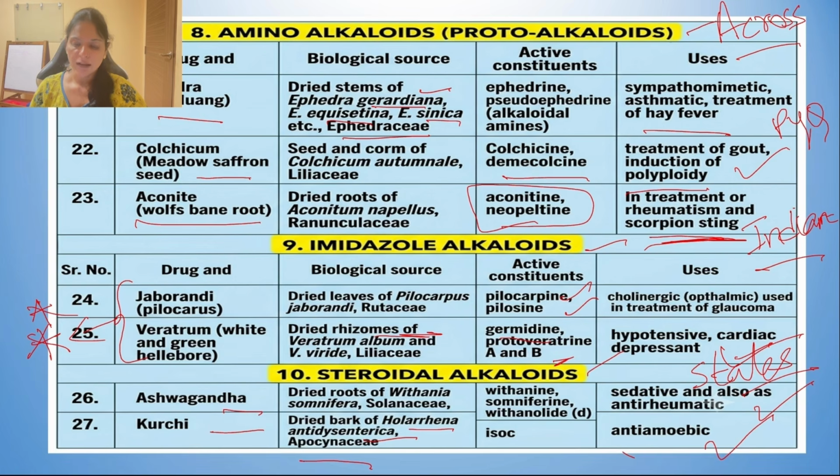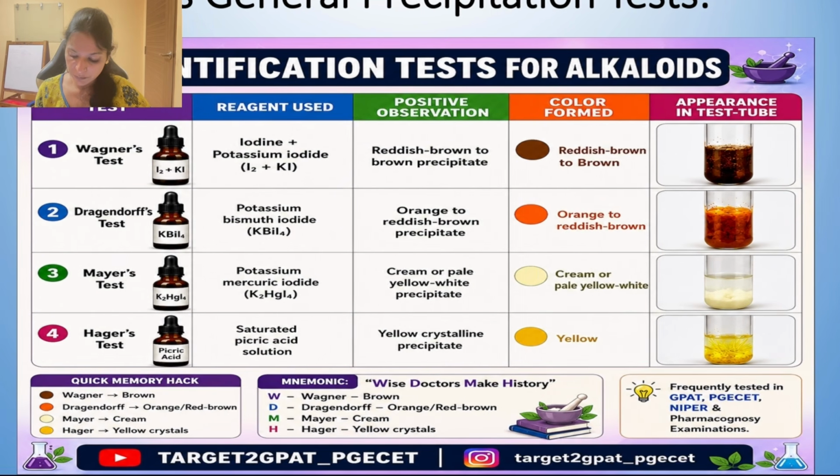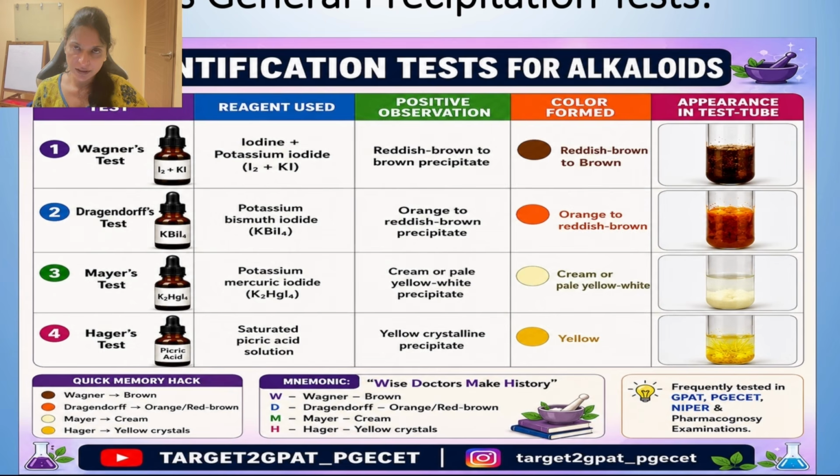And coming to the alkaloid general precipitation tests, how can we do it? Generally, these are the 4 major tests which are clearly shown here. That is, the general identification tests we call for alkaloids: Wagner's test, Dragendorff's test, Mayer's test and Hager's test. A quick memory hack is directly given here: Wise doctors make history. That is V for Wagner's, D for Dragendorff's, M for Mayer's, and last H, history,